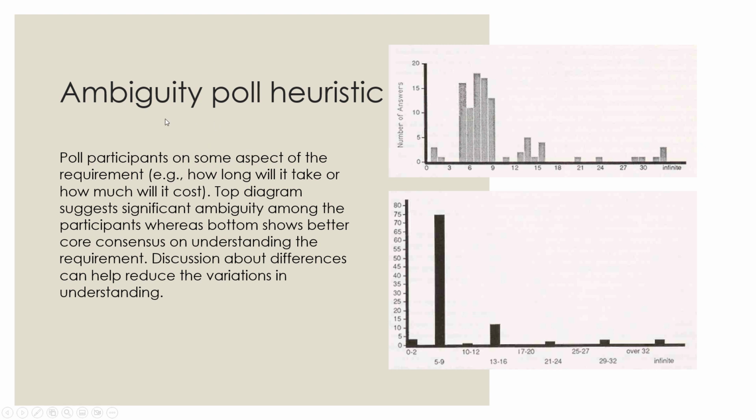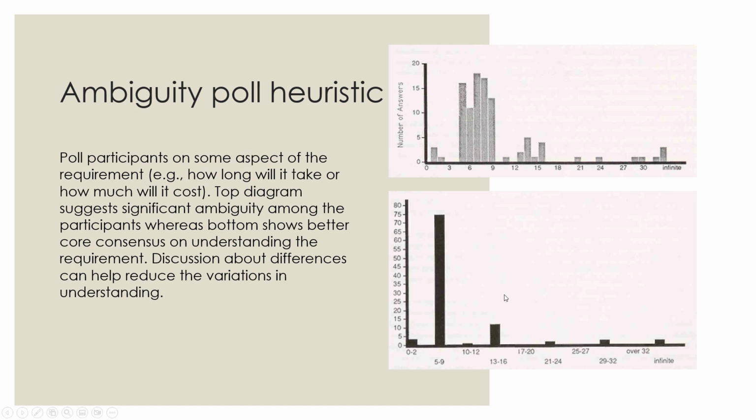So, the ambiguity poll. If you're curious about whether ambiguity exists in something, build that structure to protect against hostile elements. One thing you might do is ask everybody, how long is this going to take to deliver? Or how much is it going to cost to deliver this? And just have them write it down and collect it, and then make a histogram. And if the results are all spread out, like in this top diagram, it just says there's not a good sense of what's going on in that requirement and what it's going to take to do it. So more discussion, more questionnaires, how can we get it better?